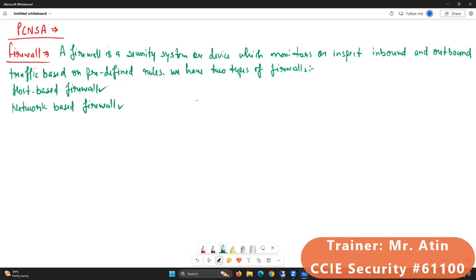Here we are going to learn about Palo Alto. It is also a next generation firewall. Now we will differentiate between the generations also. If you want to differentiate based on generations, then first of all we have first generation firewalls,